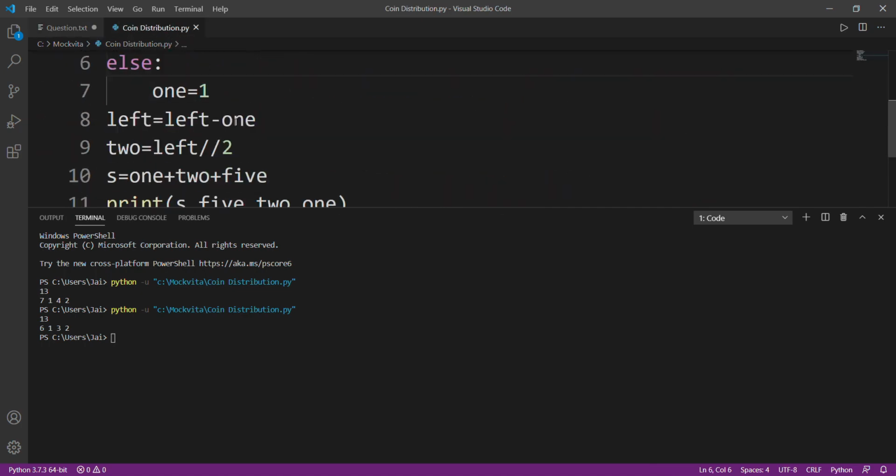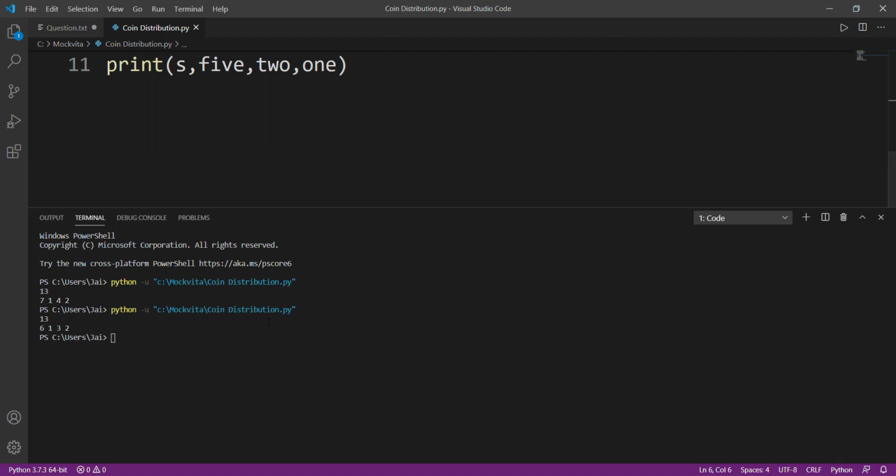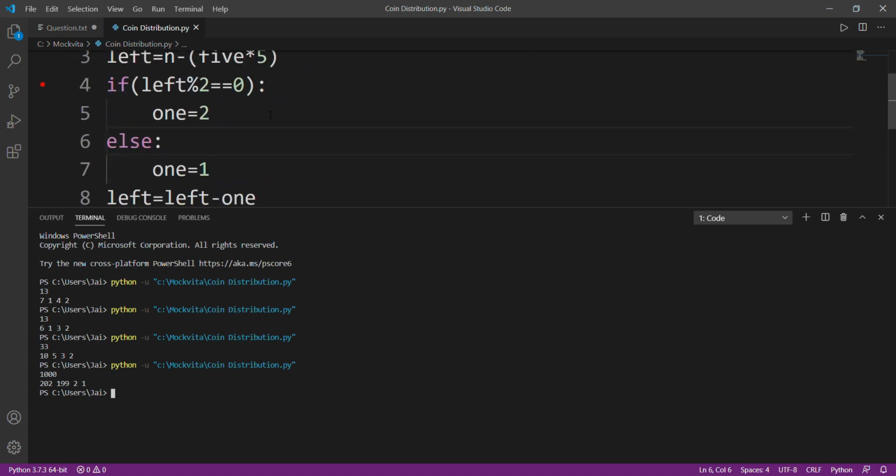Let's make our own test cases for this. What if the case is 33? We need to use 10 coins: 5 rupee coins, as I said before, 25. After that, 3 2 rupee coins and 2 1 rupee coins. Great. Now if you want to test, we can easily test this even for 1,000, and there won't be any issue of TLE. Why? Because we have approached this in order 1. That's pretty interesting and exciting. So we can make 1,000 with 202 coins.